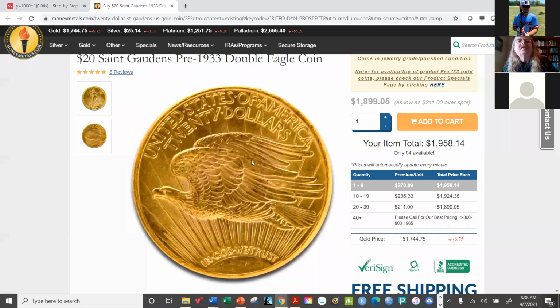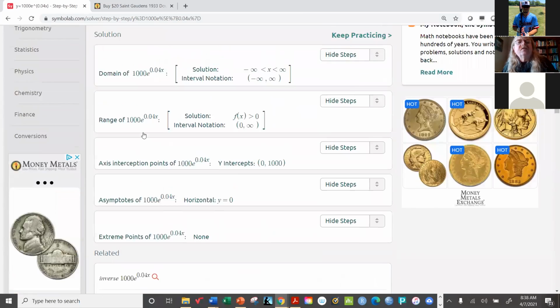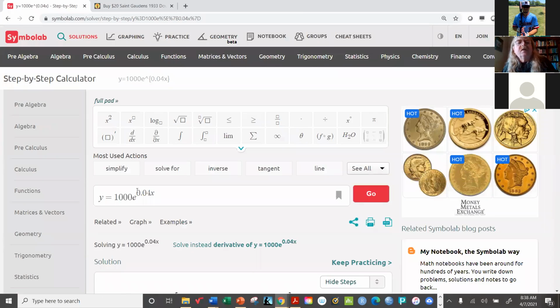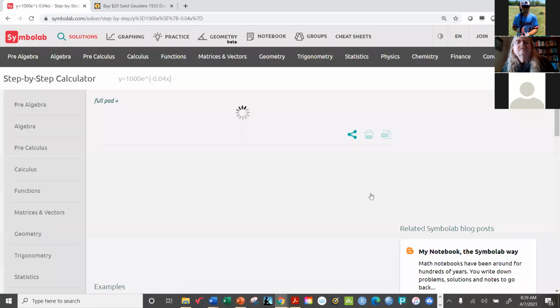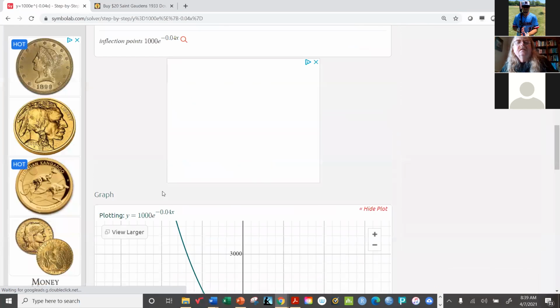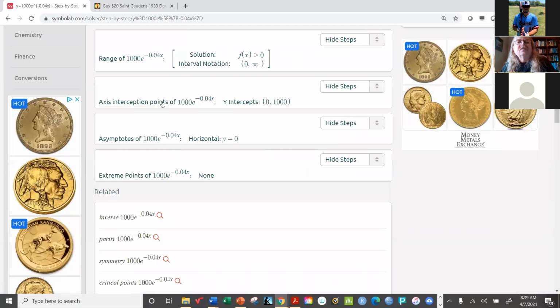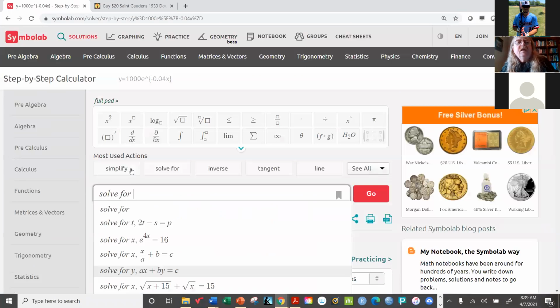So it's basically the opposite of what we had here. In fact, if I went back here and just changed this to negative 0.04, you'd see exactly what I mean. So yeah, you can see it also starts at 1,000, but it's falling off very, very quickly. This could be used maybe to describe the value of your car over time. Let's say you started out with a car that's worth $20,000, brand new car,